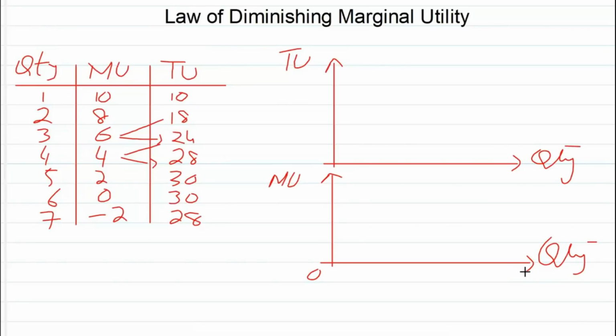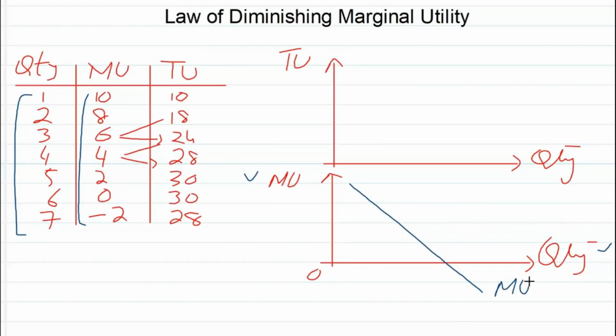We can put these values on diagrams, and we need to draw two diagrams. One diagram is used to show total utility, and the lower panel shows marginal utility. And as we can see from this table, when quantity consumed is increasing, marginal utility is continuously falling. So the relationship between quantity and marginal utility is negative. So when we draw the line to show marginal utility, it would be negatively sloped, because of the negative relationship between quantity and marginal utility, the curve would be negatively sloped.